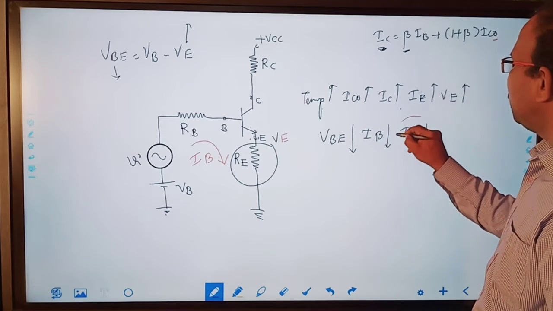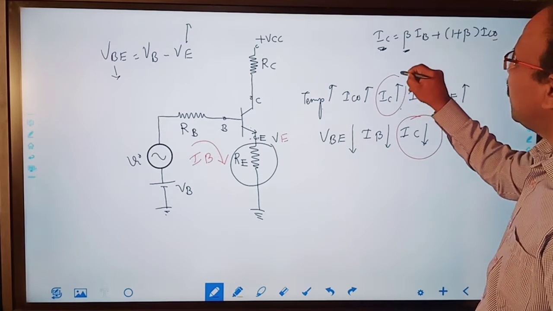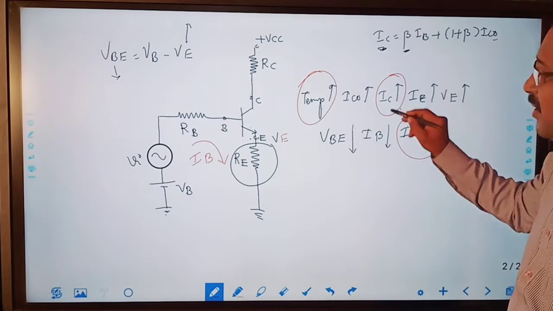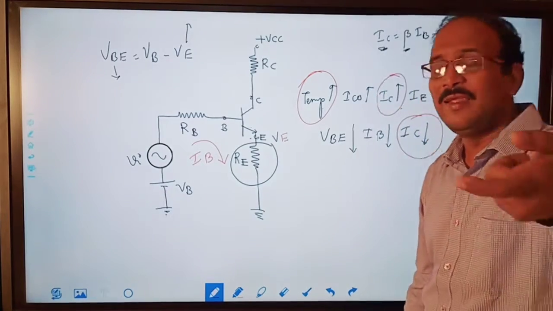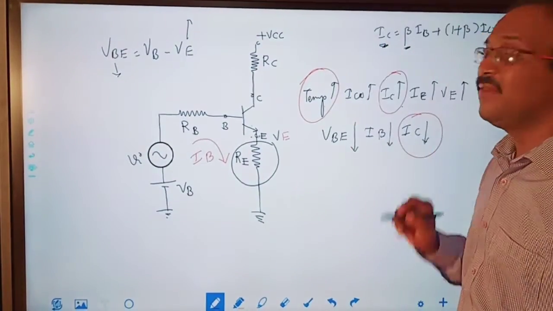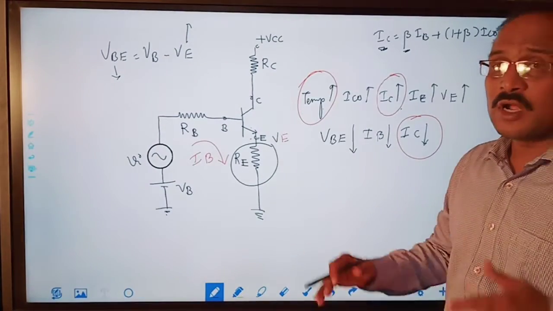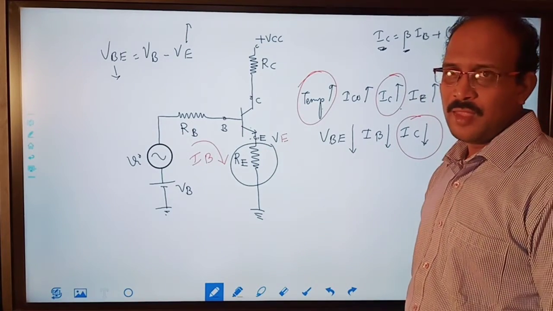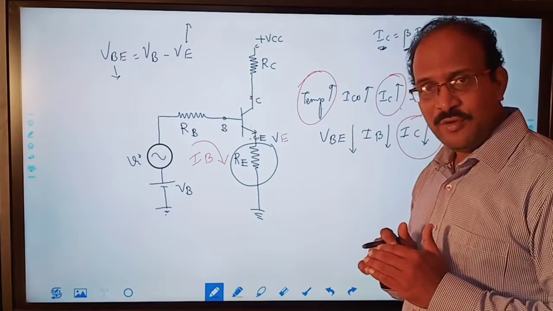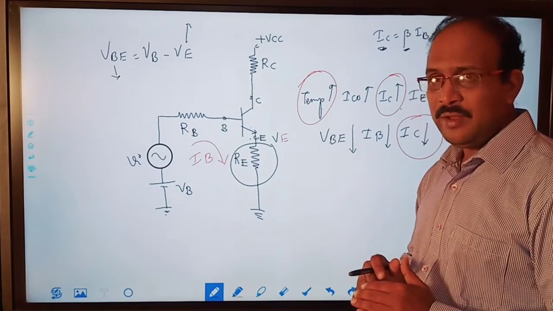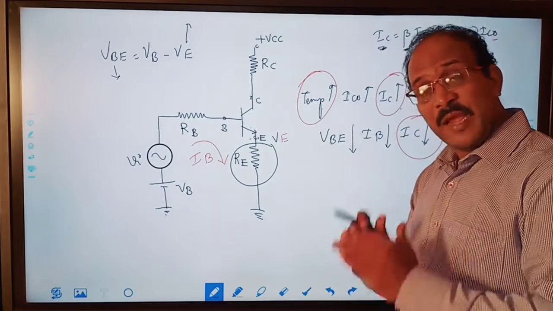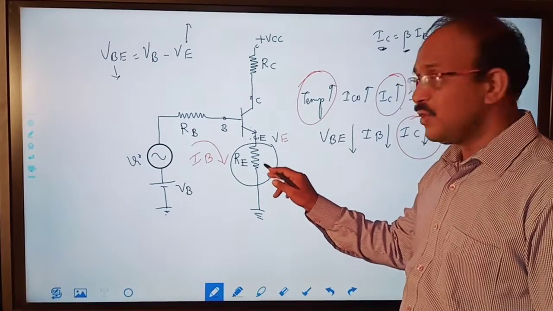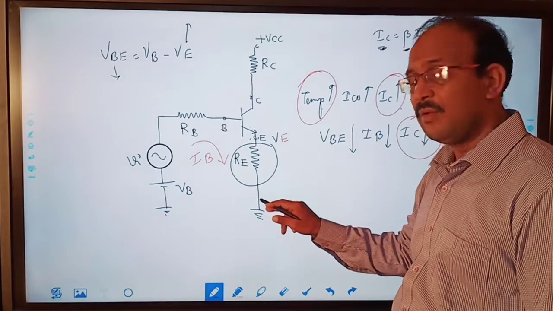Now if you see here, this is IC and this is also IC. So momentarily, because of temperature, suppose IC increases momentarily, that is compensated by decreasing IB from the input side. So the corrective action is automatically taken from the input side, and this is because of RE. I repeat, the corrective action is taken from the input side. This is because of the insertion of the emitter resistor. What happens if we insert the emitter resistor? If IC increases, the emitter current will increase.